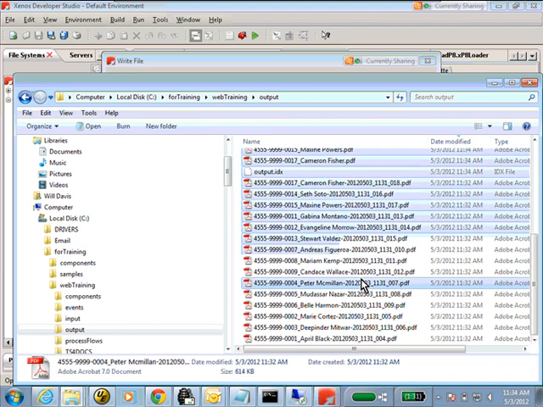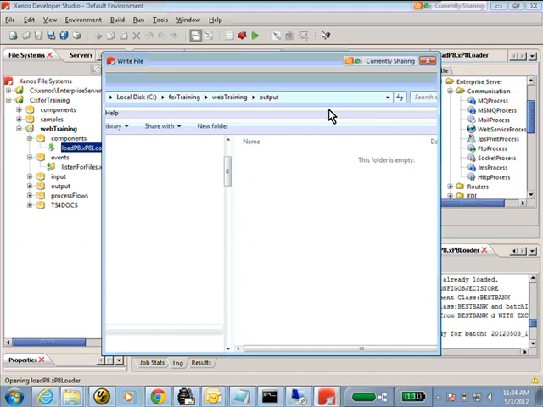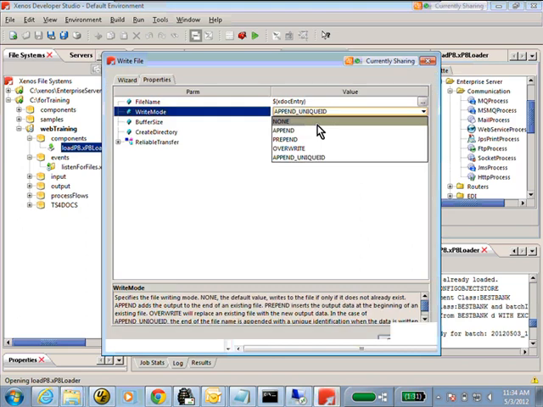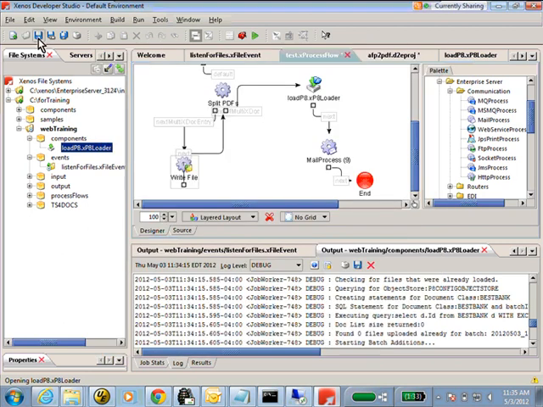I'm going to go ahead and delete all of these again. And I'm going to go back in here and not apply the unique ID because the indexer doesn't know about this because we're writing up the files afterwards. It doesn't actually know that we're appending additional information onto the file name. So I'm just going to go none. Click OK. And now that's going to write out the files as the indexer expects it to.